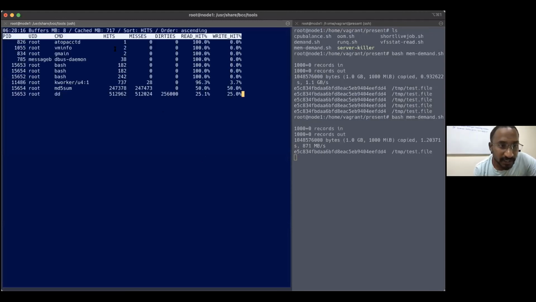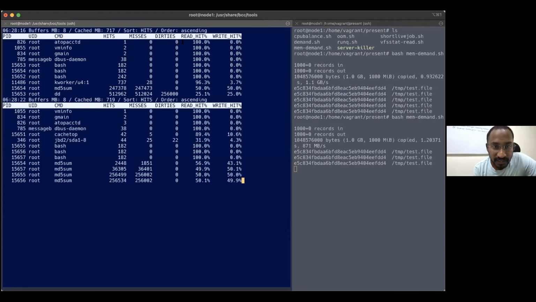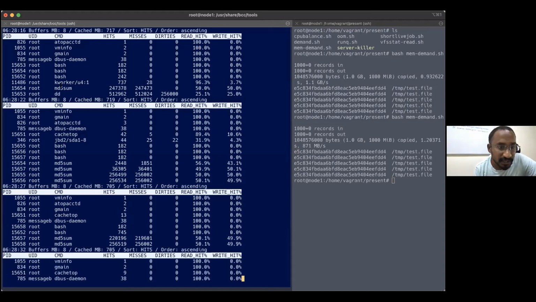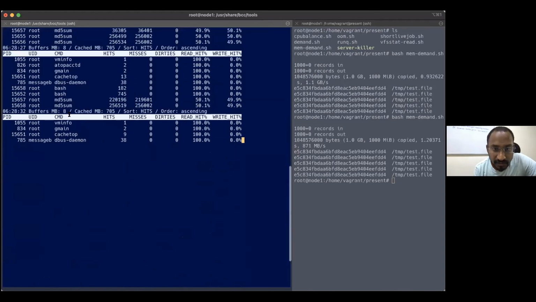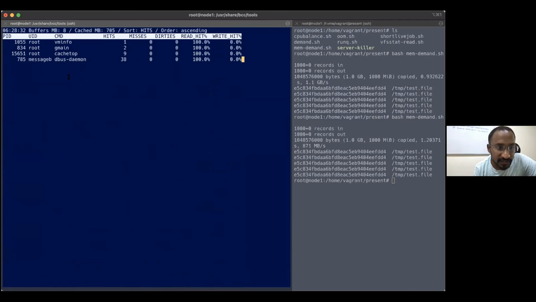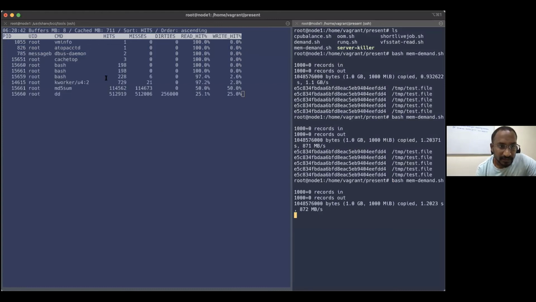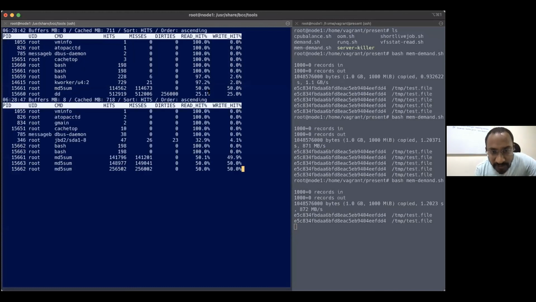You can see that this program hit 1, and most of the read is getting from the disk itself. Here I'm using cachetop. Let's create this again. You see, some DD program read only 25% of data.